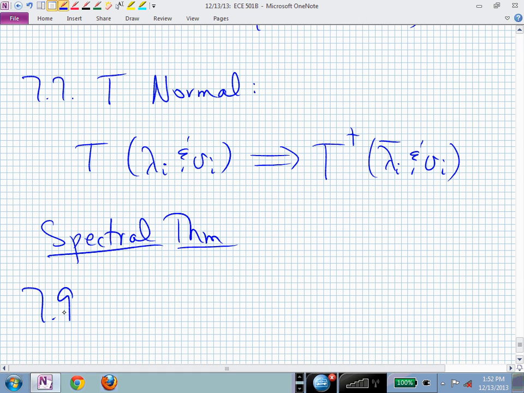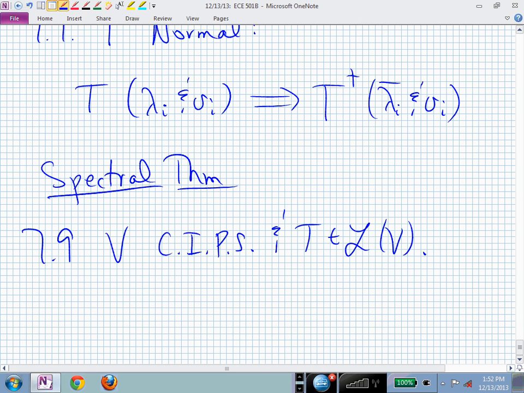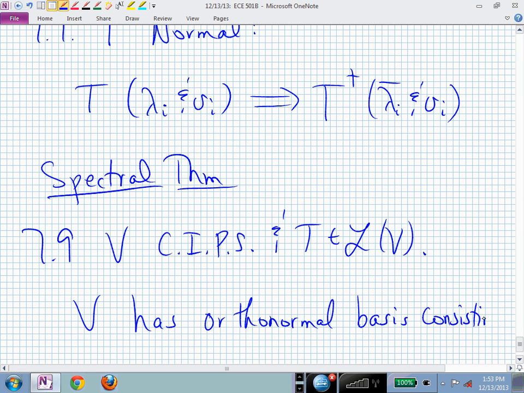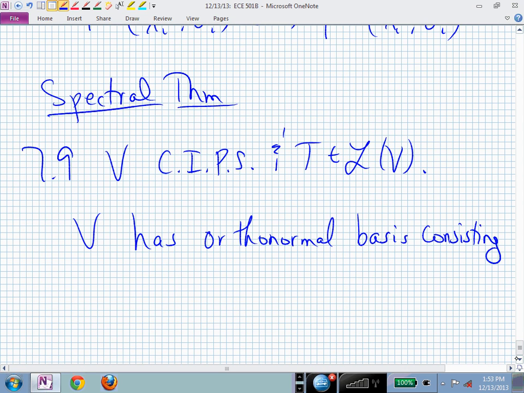Meaning, if V is a complex inner product space, and this linear map T is working on this complex inner product space V, then V has an orthonormal basis consisting of the eigenvectors of T if and only if